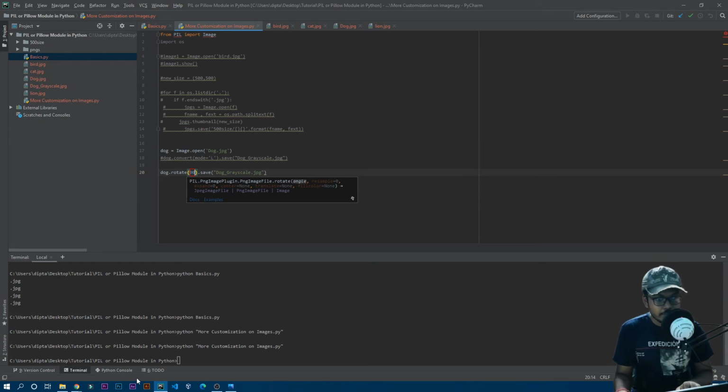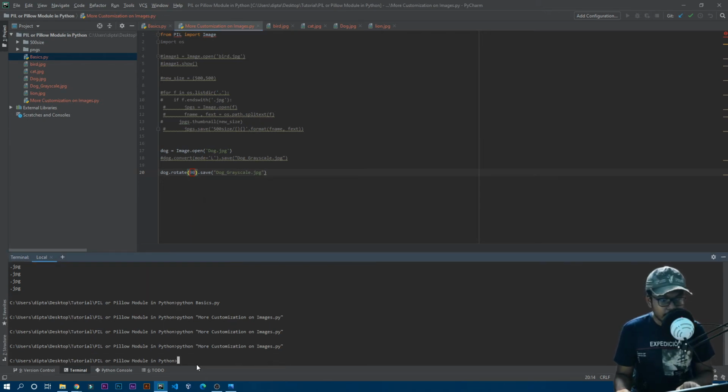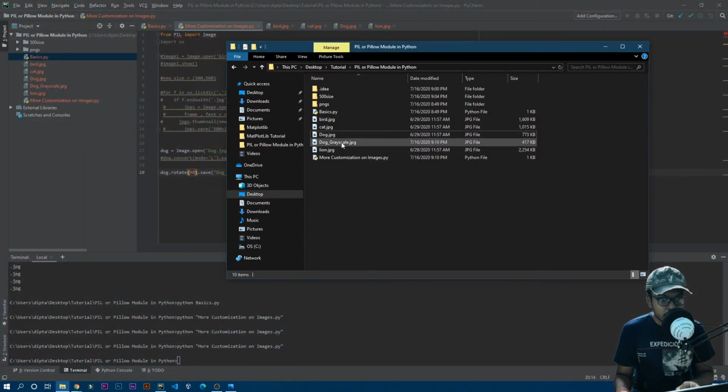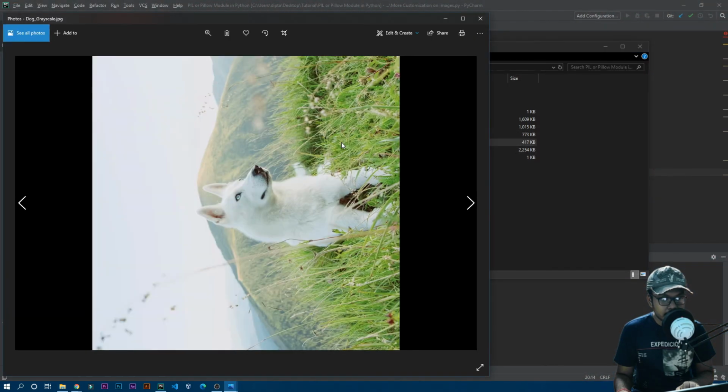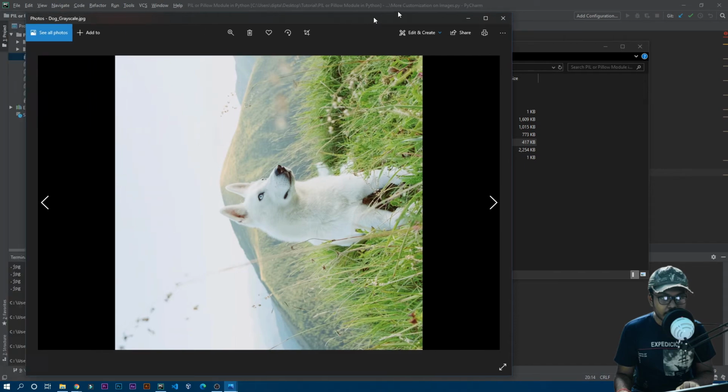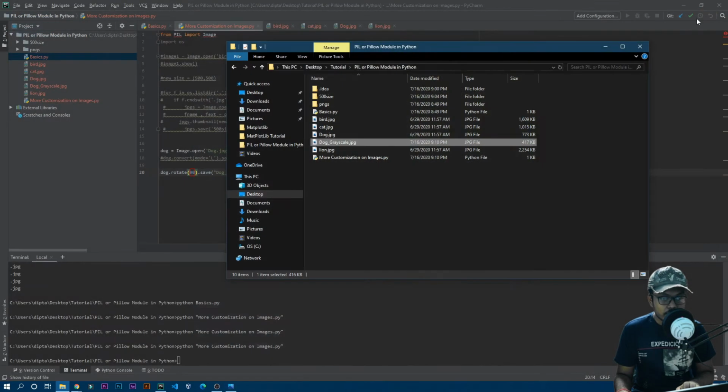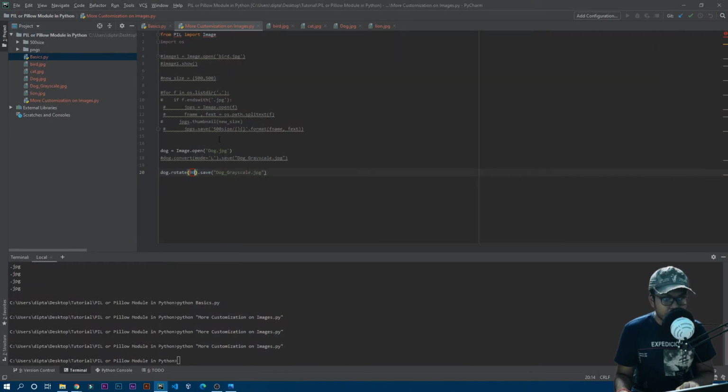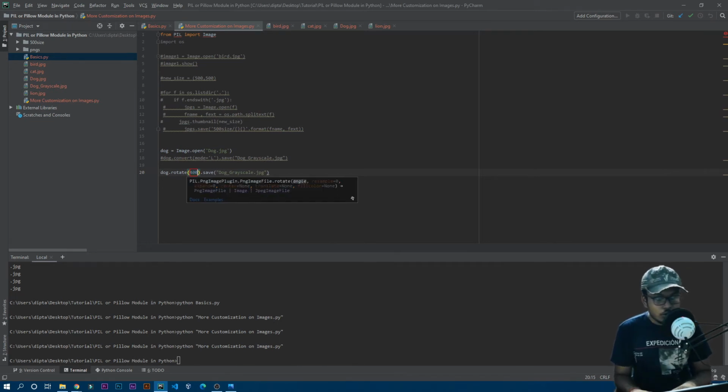So now if I run this Python file and open this dog underscore grayscale, you can see it is rotated by 90 degrees, right? So it's working great. Now assume I write something more than 360 degrees, like 400, or 450 will be perfect actually.